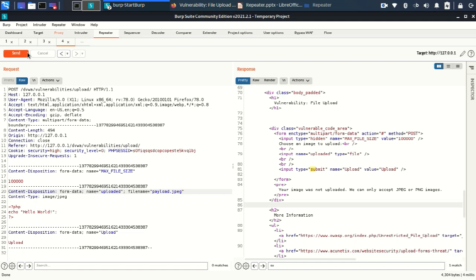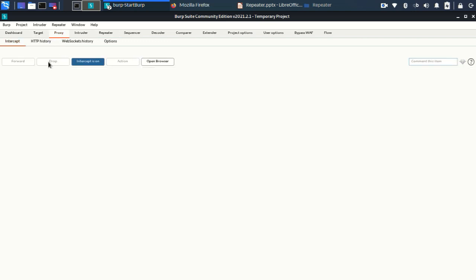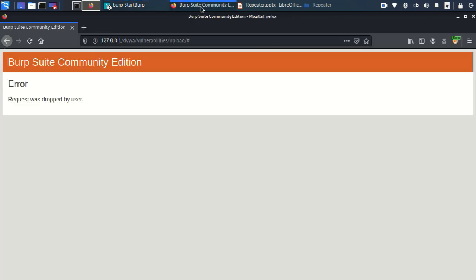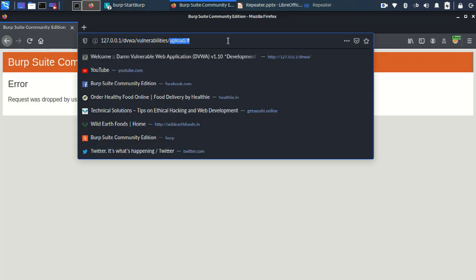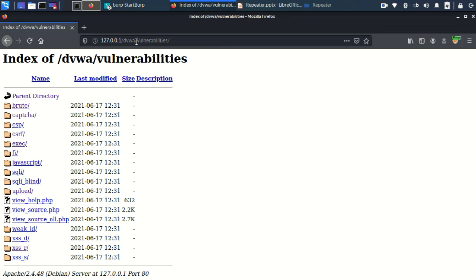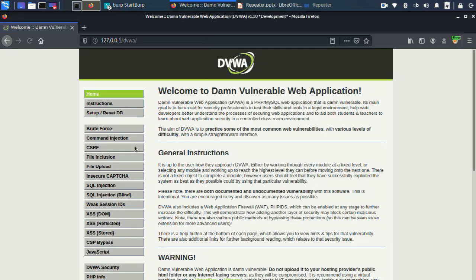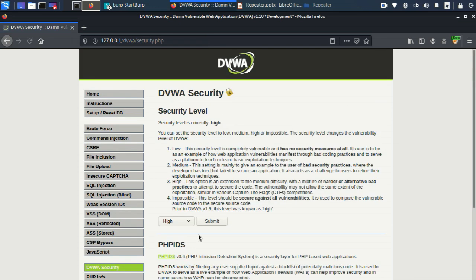Okay. Again I'll drop this request, turn the intercept off. Again I'll go to this window, file upload, browse PHP. Okay, but now in this PHP file I have added one more directive.